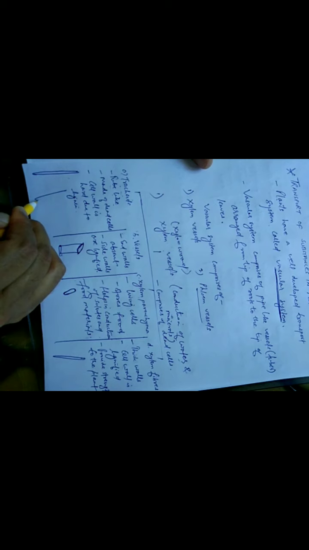Now you can see xylem vessels are made up of four different types of cells. I have written here A tracheids, B vessels, C xylem parenchyma and D xylem fibers. Now students, see what the different characteristics of these are. First we are going to take tracheids. Tracheids are tube-like structures. You can see here this one. These are the tube-like structures.